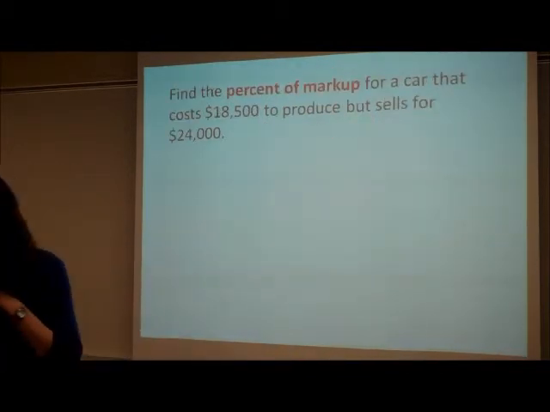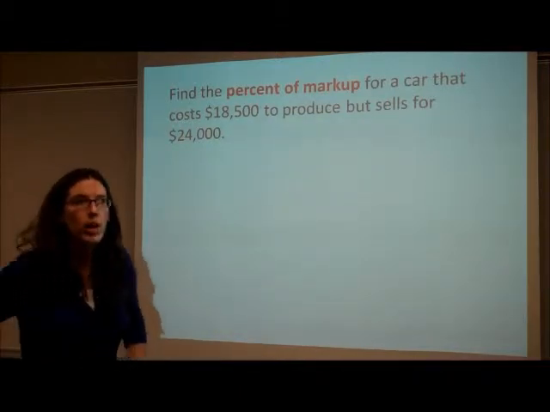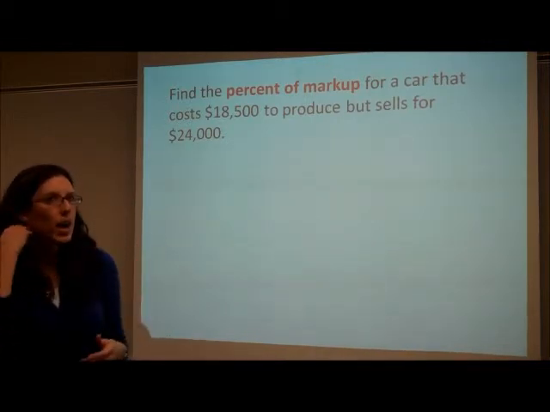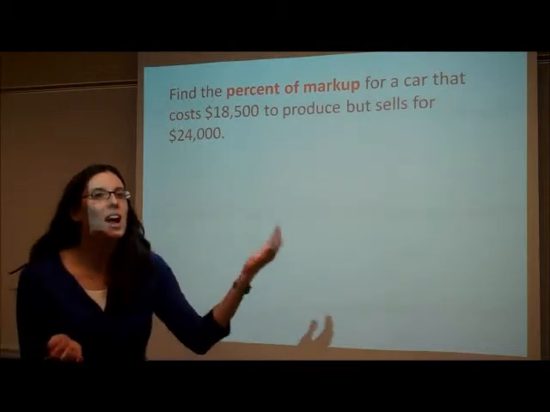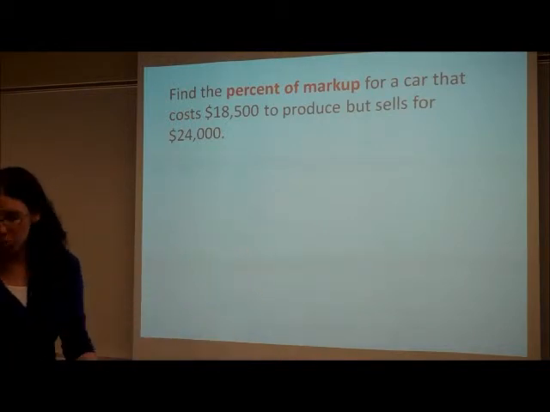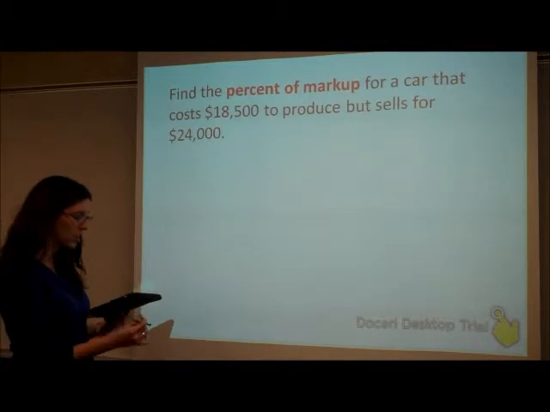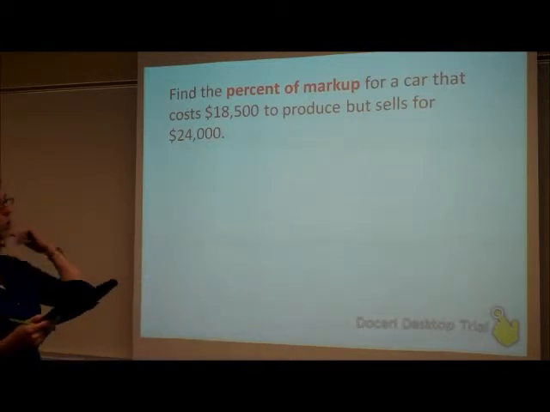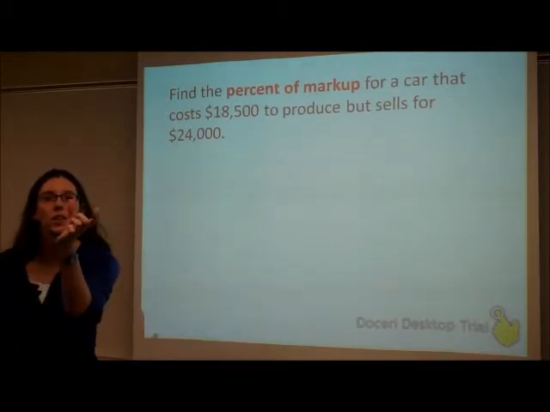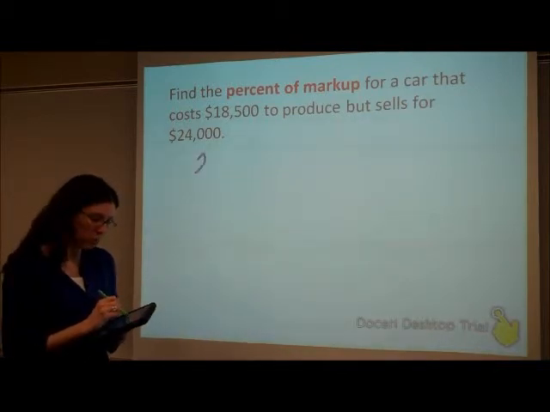Okay. Now, sometimes they'll ask you to find the percent of markup. So that's where, how much does it actually cost to manufacture, or how much am I actually buying a product for, but then how much am I marking up to sell it to you, which is usually quite a bit. You're going to work these the same way. So it says find the percent of markup for a car that costs $18,500 to produce but sells for $24,000. So first, I need to find the amount of change. How much did they raise that price by? So that will be the $24,000